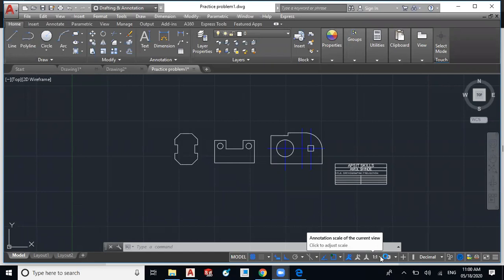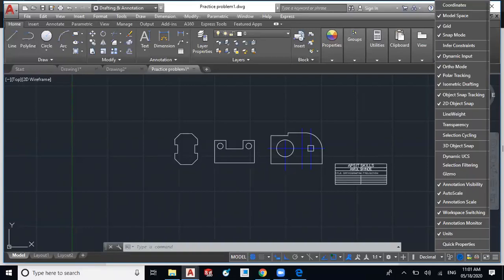If it is not available on this status bar, then you can call it from this customization window. There is a customization list, and you have units. Oh, sorry, scale factor is there.